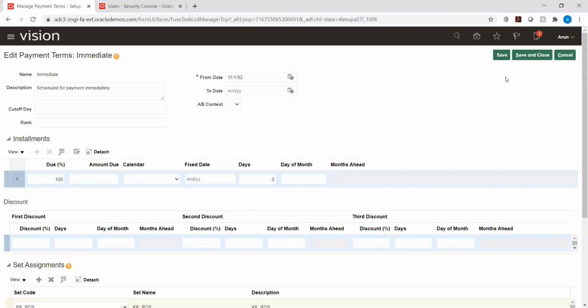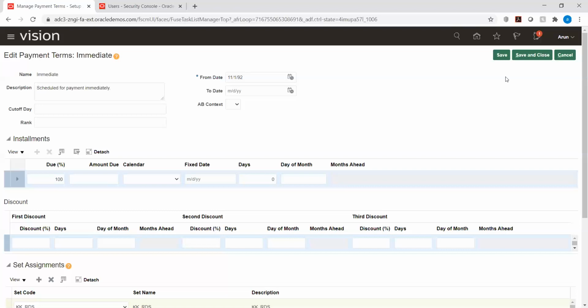Like, the difference between R12 and Fusion, when we are speaking about role-based access control, is that in R12 we have the responsibility. The menus are attached to our responsibility and the responsibility is attached to the user. Similarly here, in EBS we attach the operating unit directly to the particular profile or whatever option we have. But here we create a business unit, attach this business unit to a reference data set, and attach the reference data set to the particular setup.